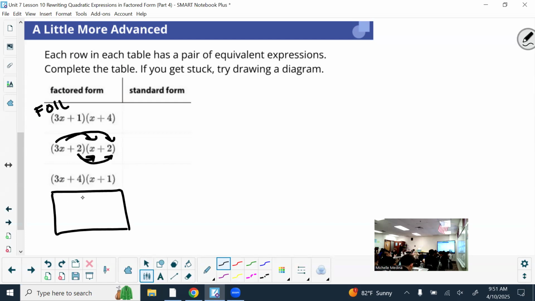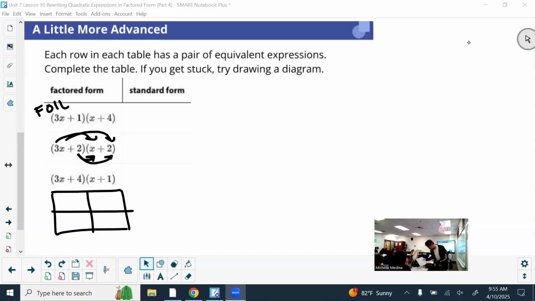You can do the same method for each, you can try different methods, but this is basically how you'll be able to check your work to see if you factor things right, is by multiplying it out and see what you get. So just take like 2, maybe 3 minutes, work things out, we'll go over them shortly. I think I'll just project them, because honestly, like, it's working. So have this worked out. But I haven't gone there yet, but really it shouldn't take that long. So for the first one,